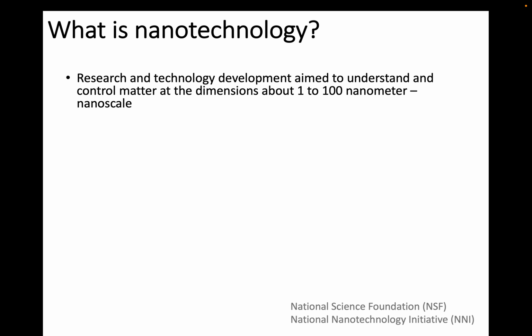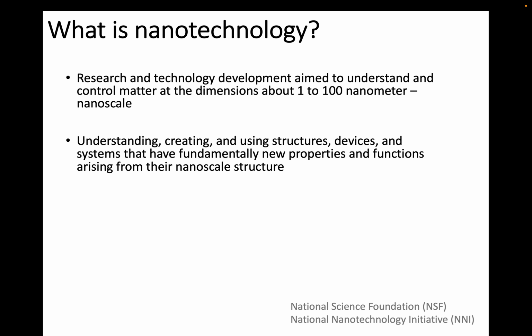Okay. So then, what kind of things can we do? For that, at 1 to 100 nanometers, you cannot actually see this matter with the naked eye. Okay. So because of that, you need special tools to manipulate and image, right? To actually see those. Okay. And also because the properties are so different from bulk scale materials, we need to basically investigate. So those are essentially part of nanotechnology.